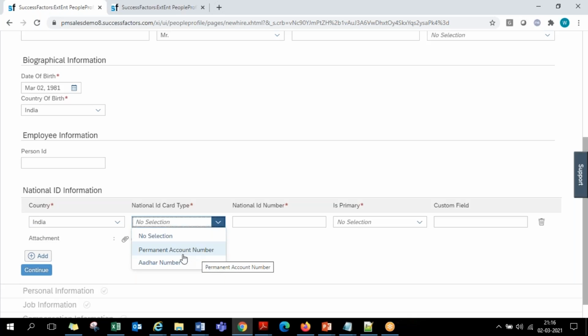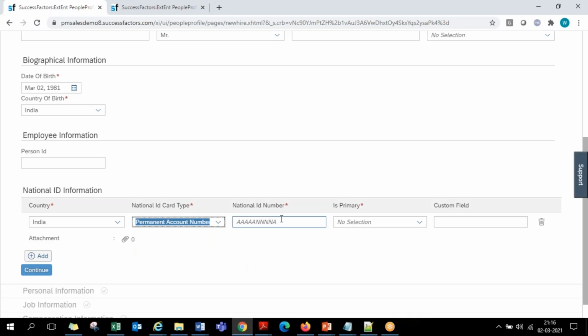You can choose that. And we know that this is because of the country specific succession data model, as I've shown you. When I choose this permanent account number, immediately the display format we saw in the country specific succession data model, against the selected card type, the watermark kind of background, this national ID format will be given, alphabetical, numerical, whatever should be entered.